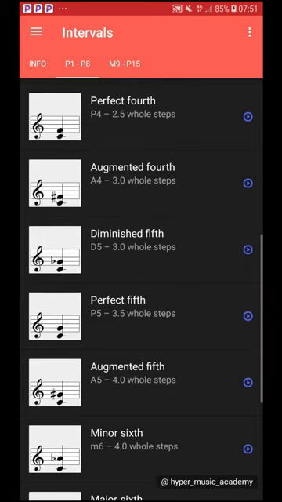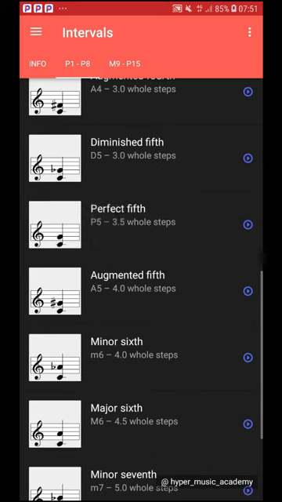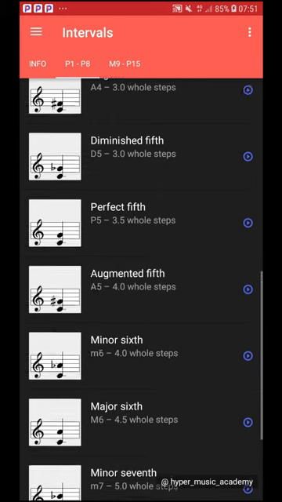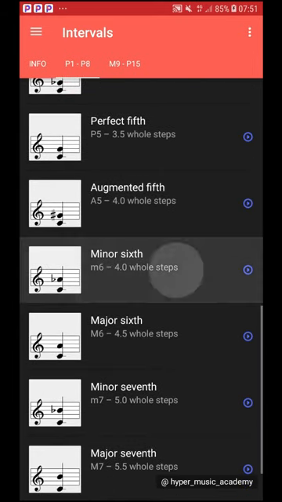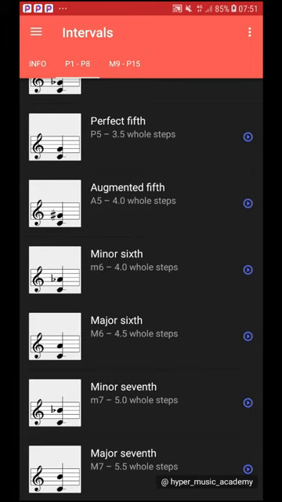Diminished fifth, perfect fifth, augmented fifth, minor sixth. Augmented fifth and minor sixth sound the same but have different names. We call them enharmonic,